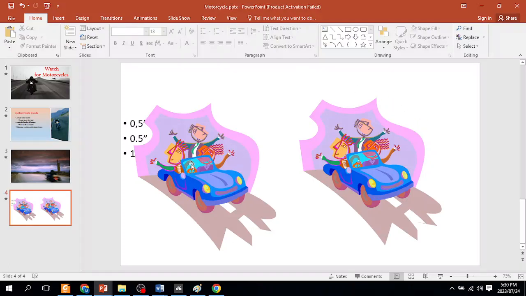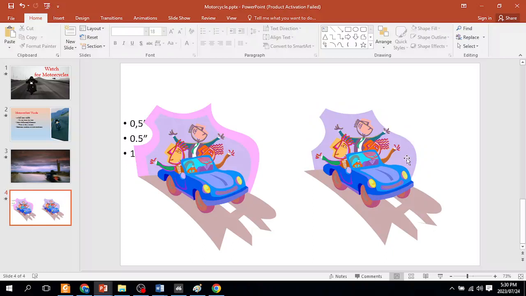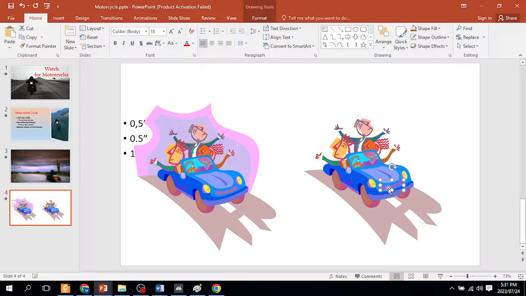Now, this photo I'm leaving untouched because I want to show you what else you can do with this image. If I select this part of the image, I can delete it. If I select this part, I can delete it. If I select this part, I can delete it. Even this part. What else will I do? Let's delete one of the people. Just remember